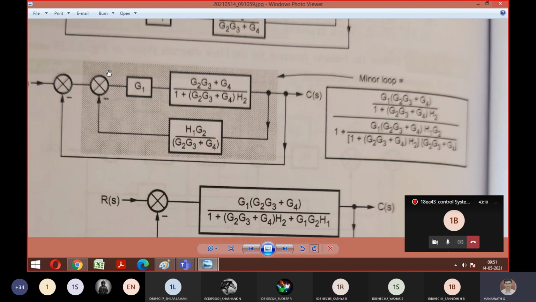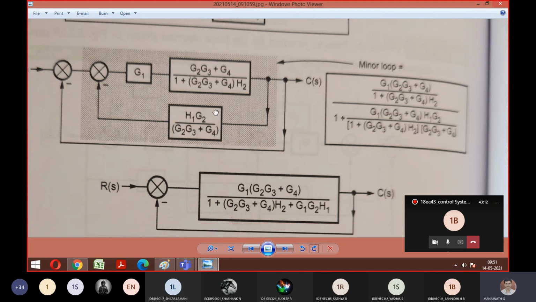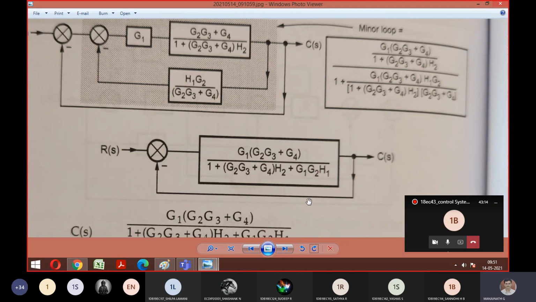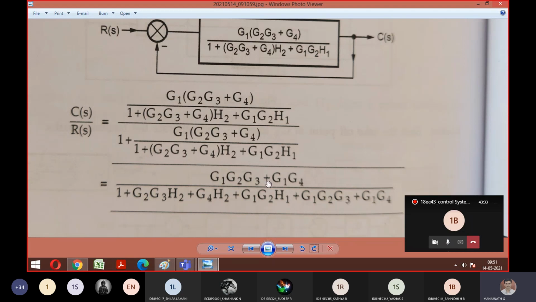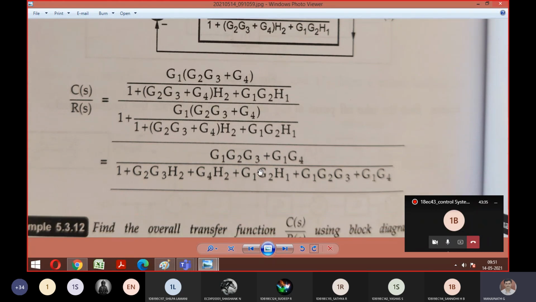Once we do this, this is equivalent to one single block. You can look at here. One single block, and again here you have positive, negative feedback with your H equal to 1. So the formula remains the same. G divided by 1 plus G into H. Since H is 1, the same answer you can replicate here. And you can take LCM. So this is the final answer. Just verify the final answer you have got with what I have shown. Is it matching, guys, everyone?